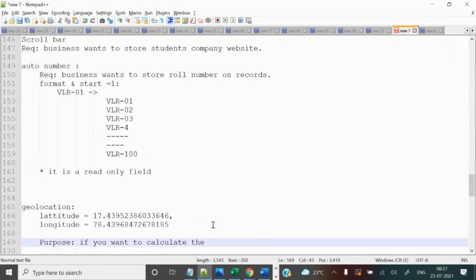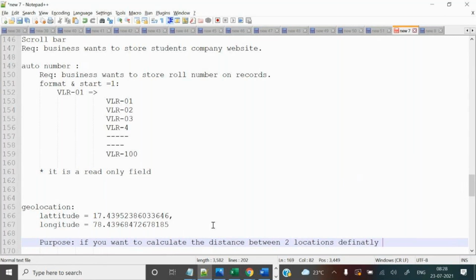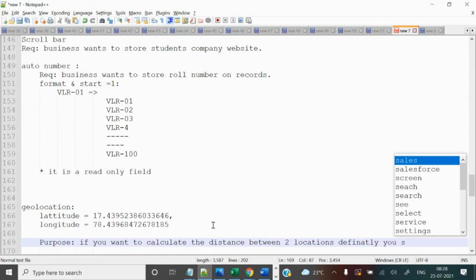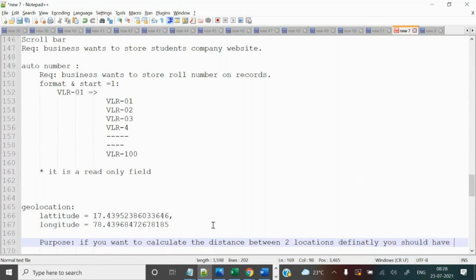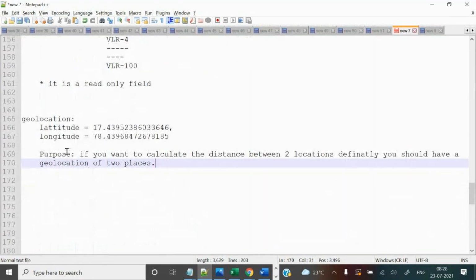If you want to calculate the distance between two locations, you should have the geolocation of two places, not one place. Both places' geolocation you need to have, and after that you can calculate the length. That is the benefit.